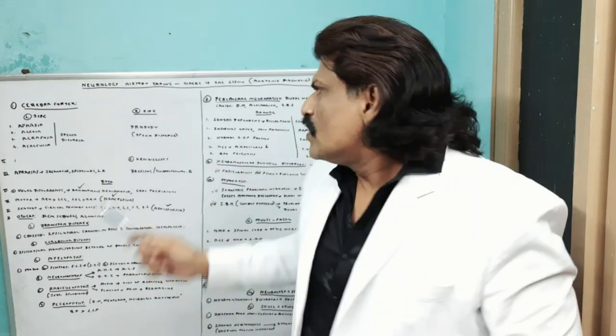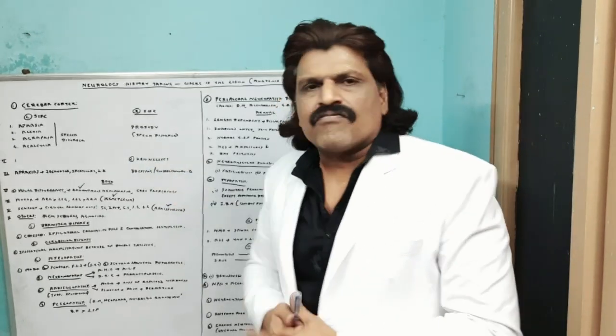And then, because the right side of the cortex controls both the right and the left extrapersonal space, whereas the left controls only the right extrapersonal space. So if the left side of the cortex is affected, the right extrapersonal space is affected, but that is compensated by the intact right parietal lobe, which controls both right and left. So left-sided cortex does not produce right hemineglect. But if the right-sided cortex gets affected, both the right and the left extrapersonal space is affected, but the right extrapersonal space is compensated by the intact left parietal lobe. There is no compensation on the left side. So right-sided lesions will produce left hemineglect.